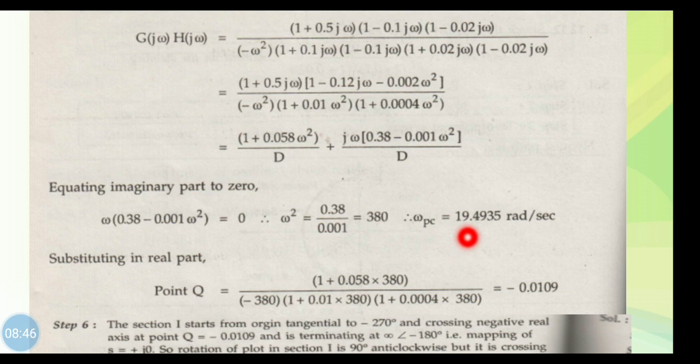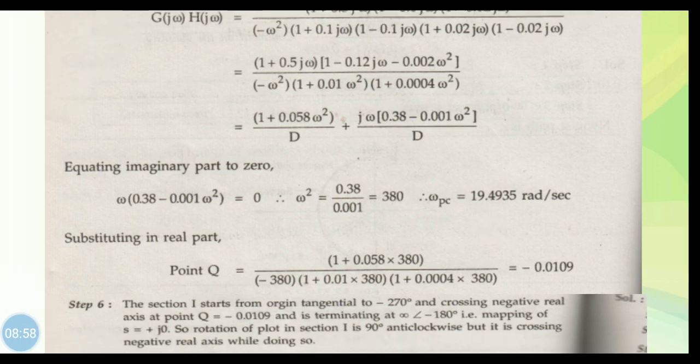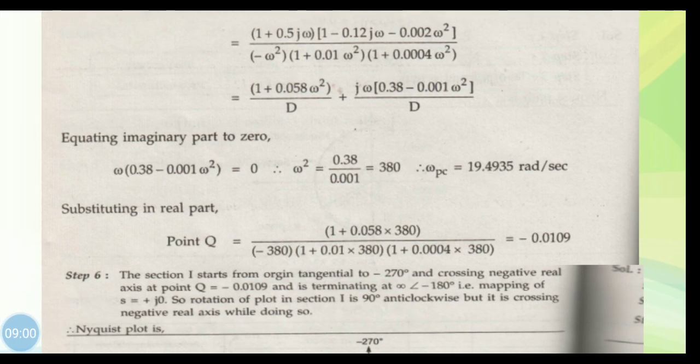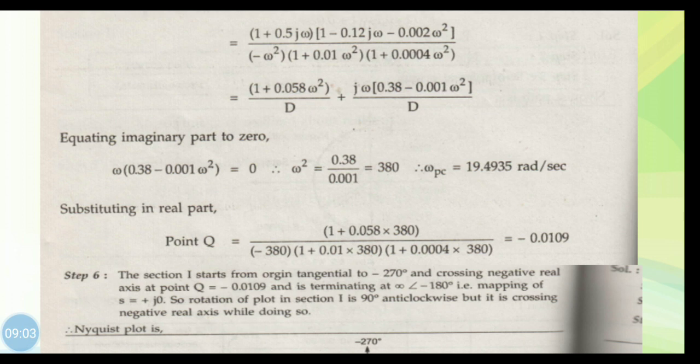Therefore, ω_pc is 19.4935 radians per second. Substituting in the real part: we'll get 1 + 0.058 into 380, divided by −380 into (1 + 0.01 into 380) into (1 + 0.0004 into 380), which will be minus